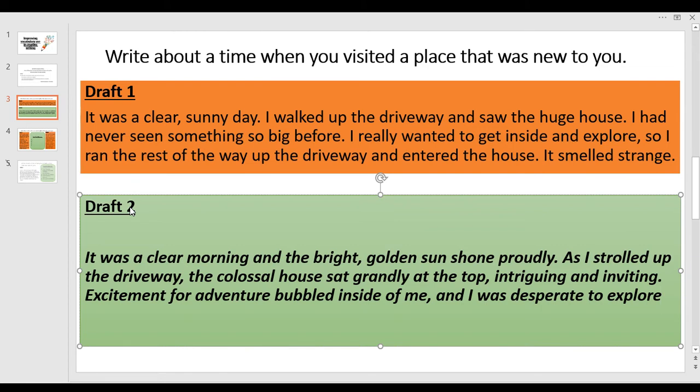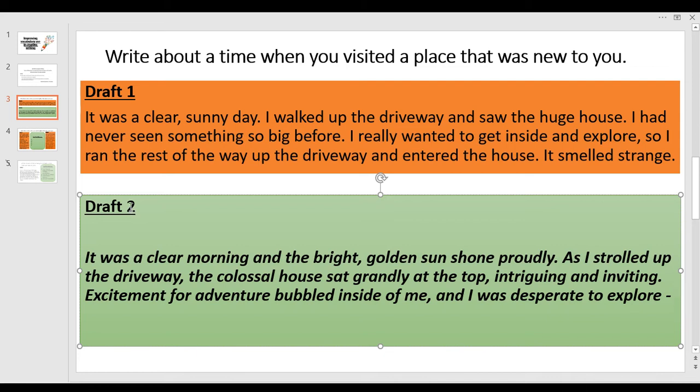with your punctuation too. So let's have a dash in there. We want to emphasize the rest of this sentence. So in draft 1, we talk about, so I ran the rest of the way up the driveway. Again, similar to the way that walked doesn't necessarily give too much of an indication of a character's feeling. You've got the word ran. Does it give us an indication of how eager the character is here?